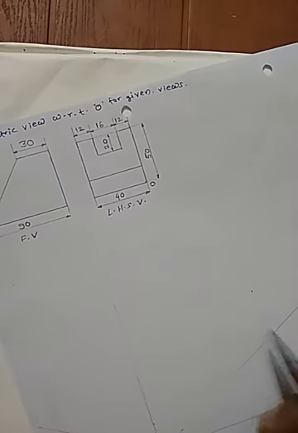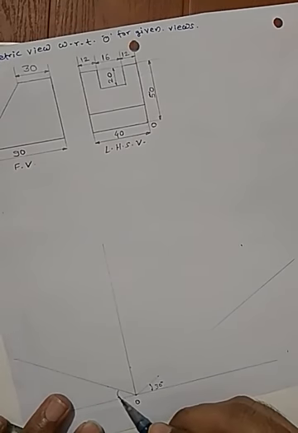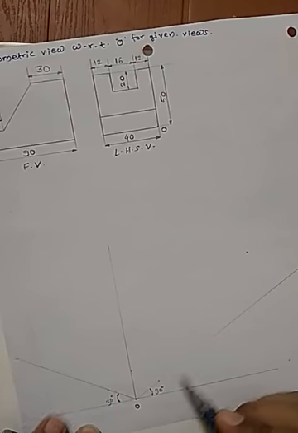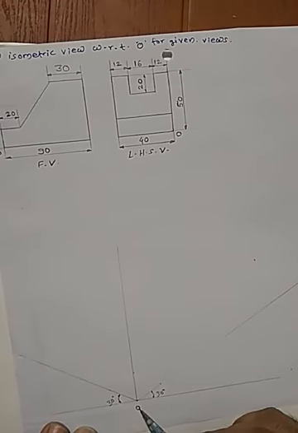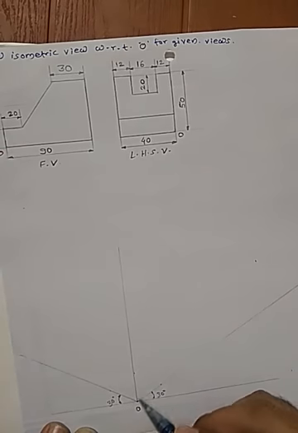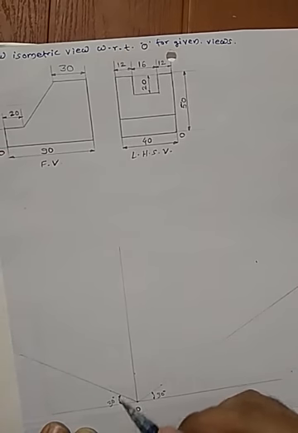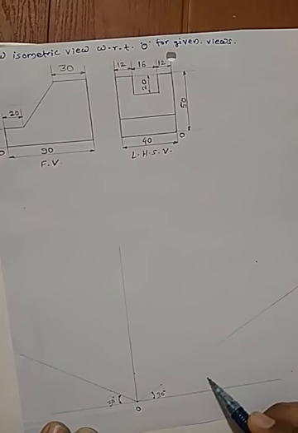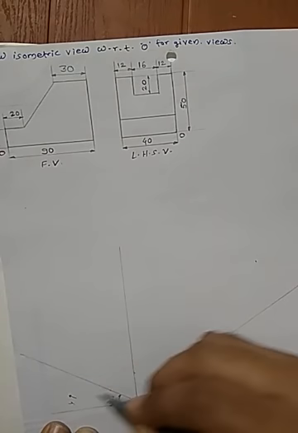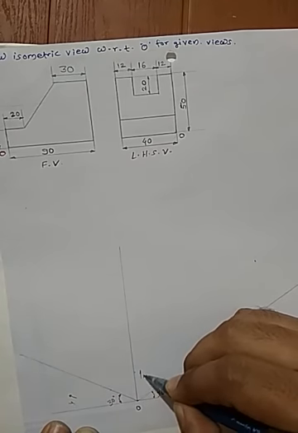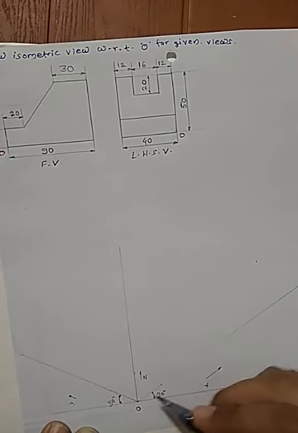Okay, fine. Then we can also mark it, this is 30 degrees towards the left and 30 degrees towards the right. From the origin we have drawn three axes: Z axis, X axis and Y axis. So here it is X, here it is Y, here it is Z. These three axes are there.